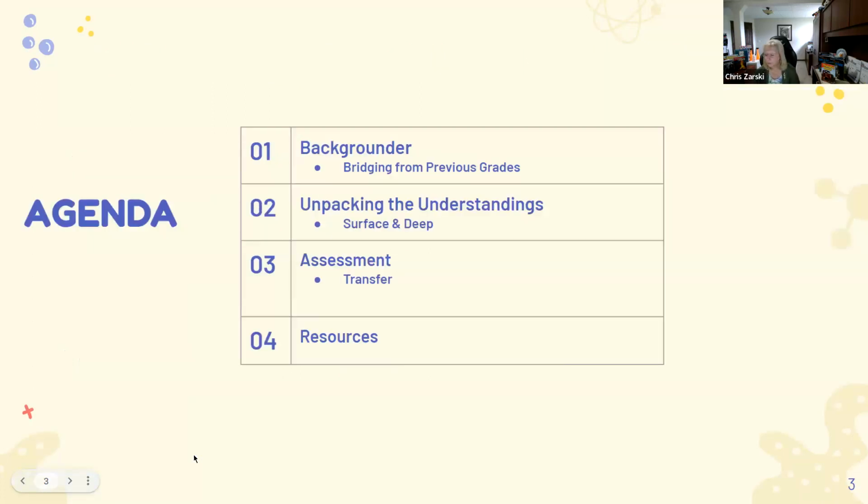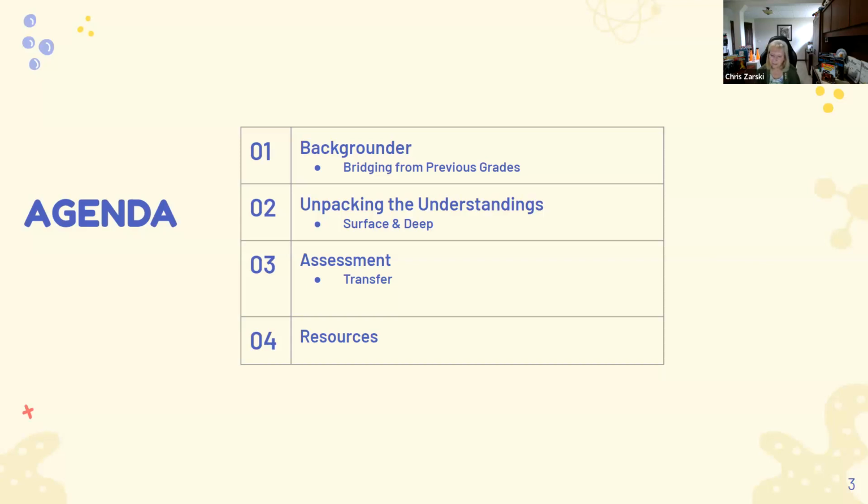So all of our sessions will be very much the same in the way that they're laid out. We're always going to go back and give you what we call a backgrounder, like what are the pieces that we need to make sure that students understand. We no longer teach science in a box. It's not about moving from grade 4 to grade 5 to grade 6. You have your 5 topics in your grade. And when they're done, they kind of move on to the next grade and do the next 5 topics. And there wasn't always a lot of connection. It didn't really start to get connected until we got into junior high.